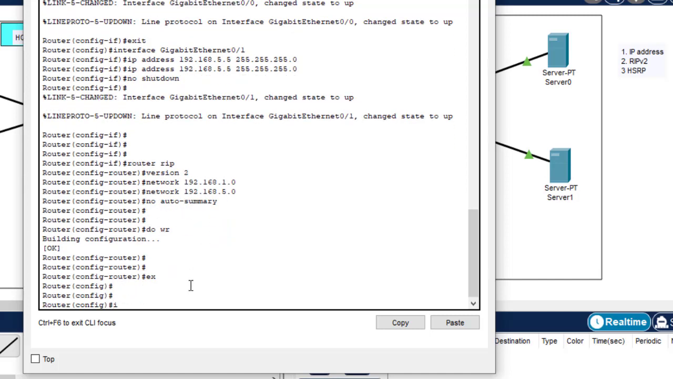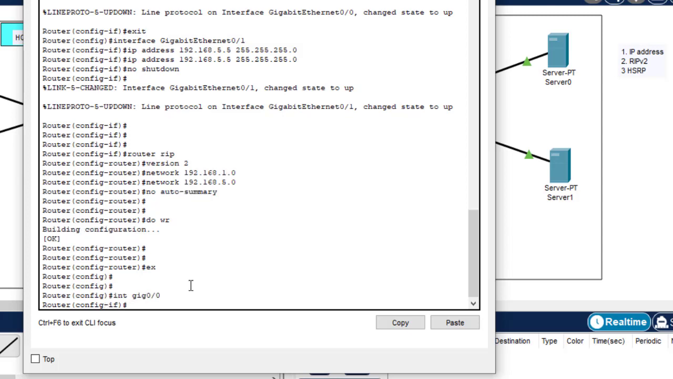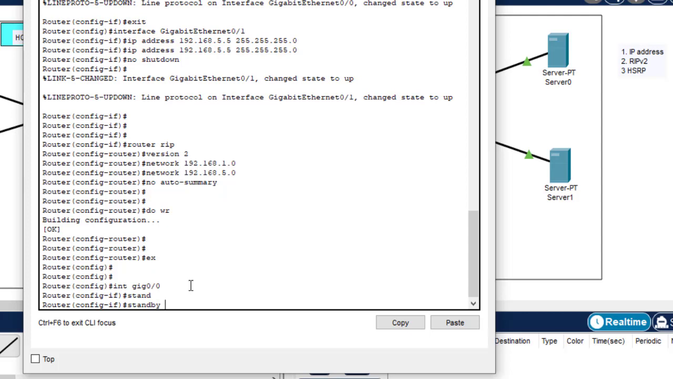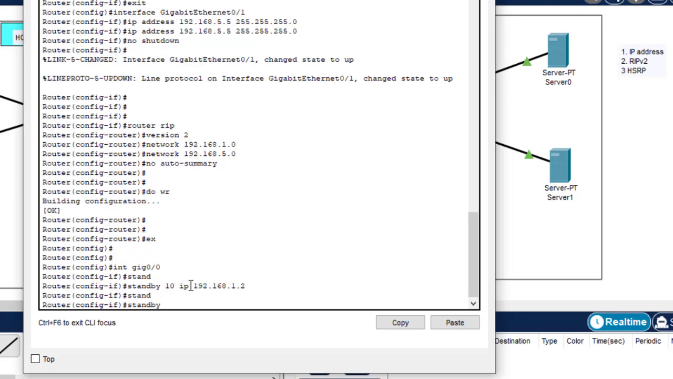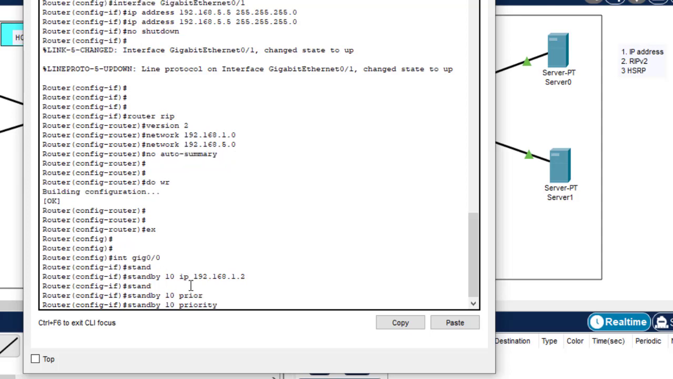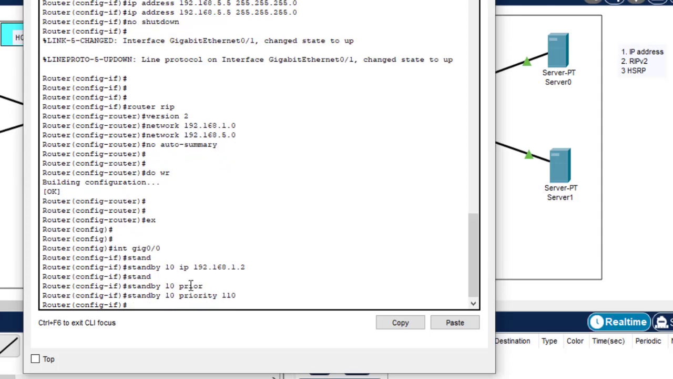Exit, interface gig 0/0, standby 10, IP should be 192.168.1.2. The standby IP address should be the virtual IP address. Okay, then standby 10, then priority to be 100. Okay, exit,